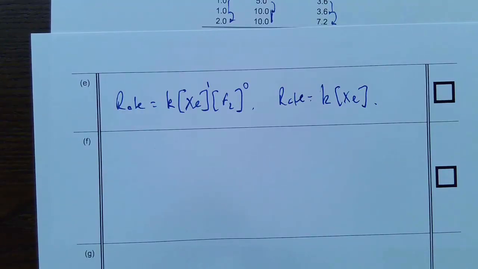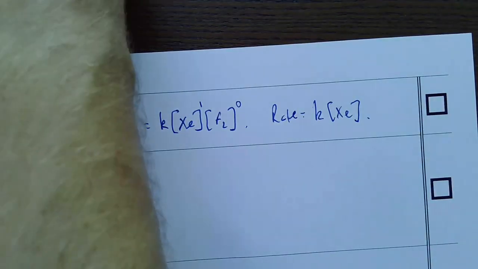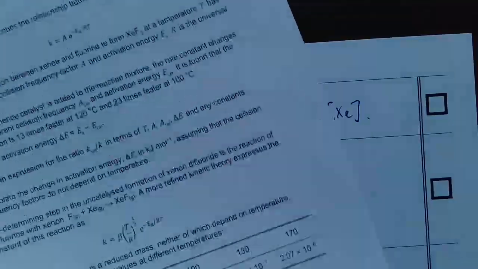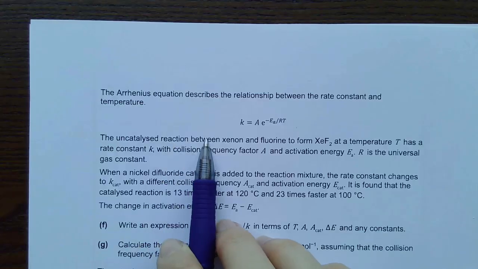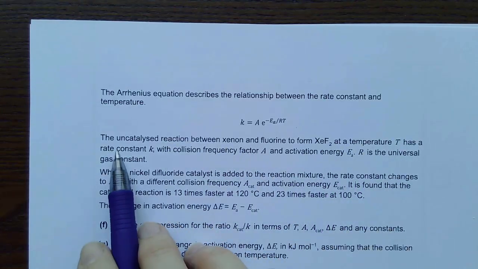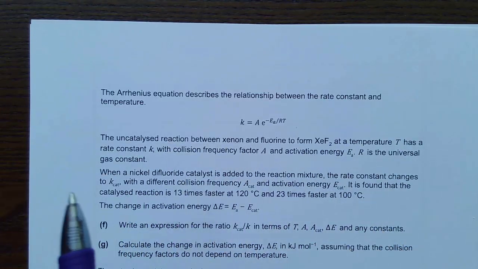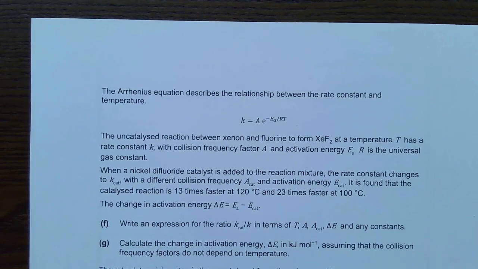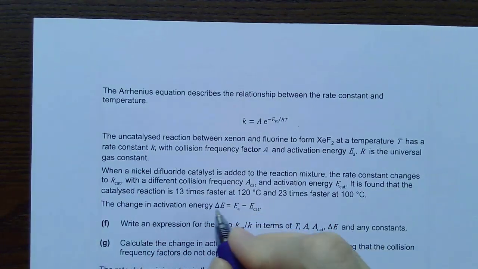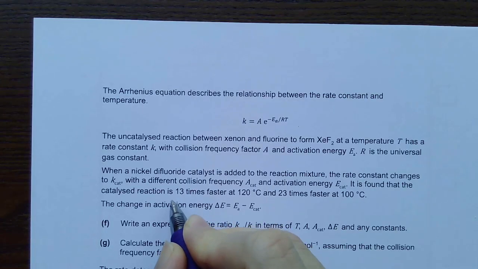Lovely. Then we move on. Is it going to get any harder? Let's find out. The Arrhenius equation. Well, brilliant. The uncatalyzed reaction has a rate constant k, and so on. And then, here we go, this is the important part. The catalyzed